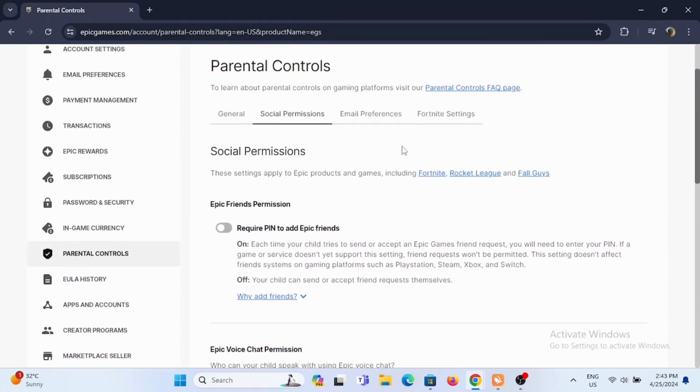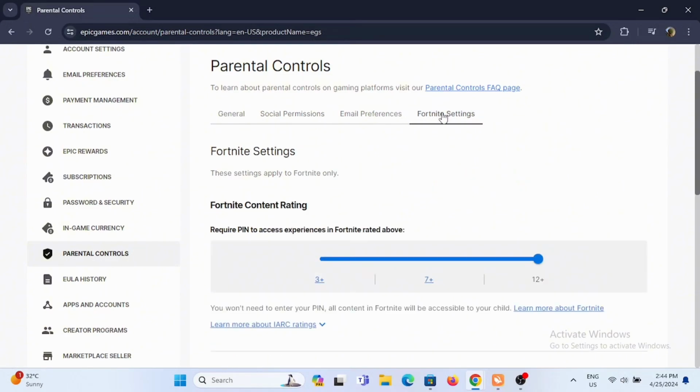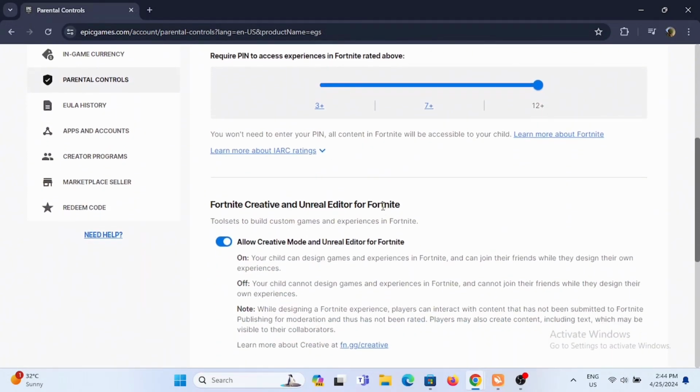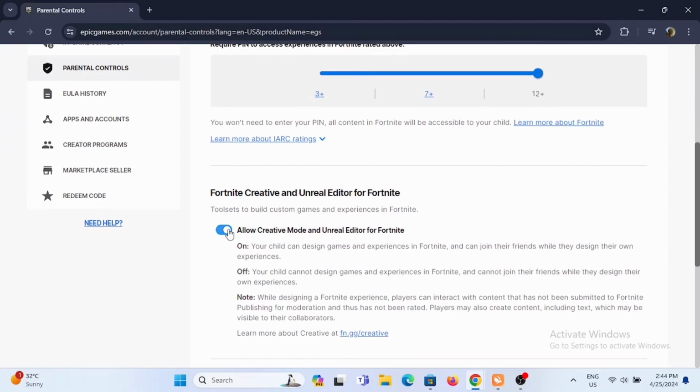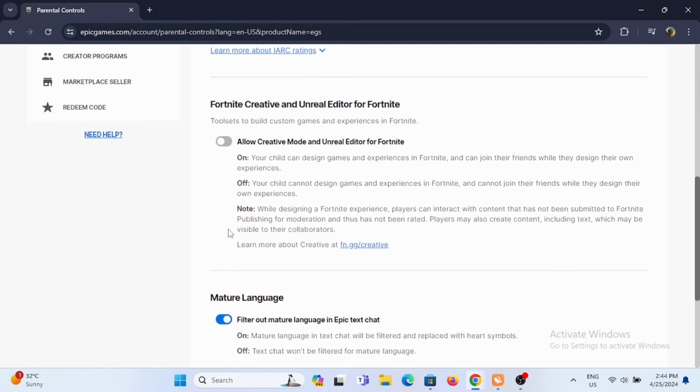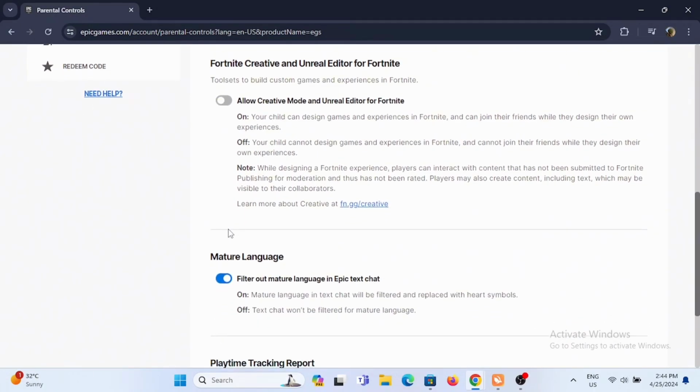Then scroll up, head to Fortnite settings. Now from here you need to scroll down. And if the allow creative mode and Unreal Editor for Fortnite is toggled off, you need to toggle it on. Before